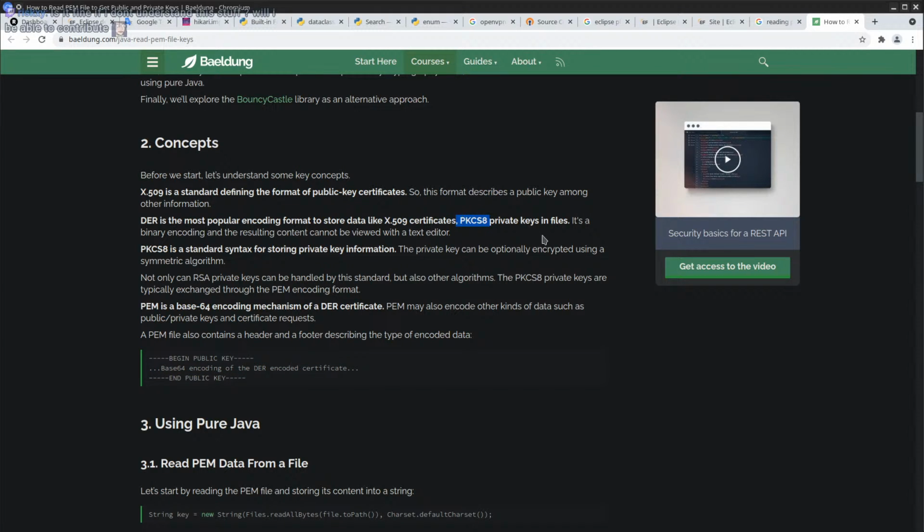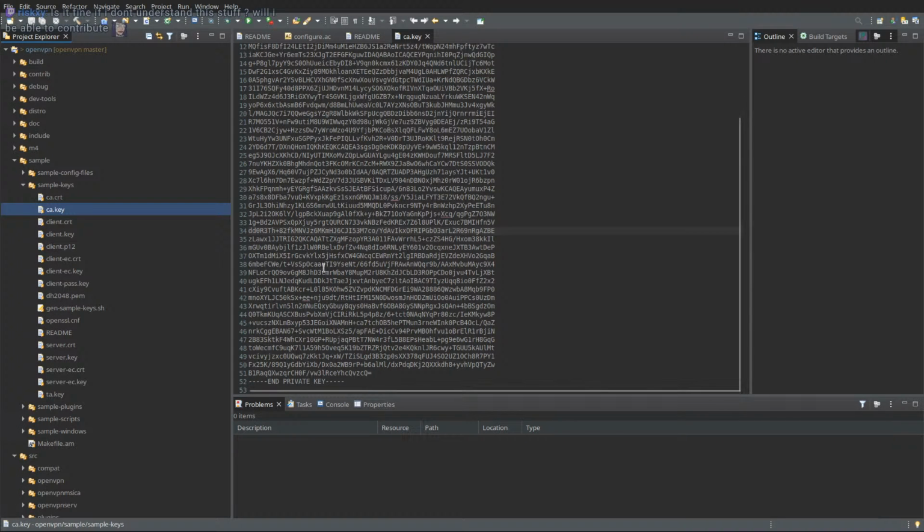PKCS8, these names are excellent, is for private keys in files. It's binary encoding and the resulting content cannot be viewed with a text editor. Well, you can view it, but you won't really see much. You'll see this.